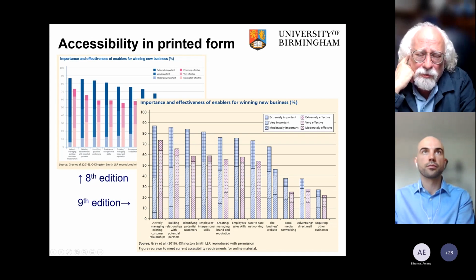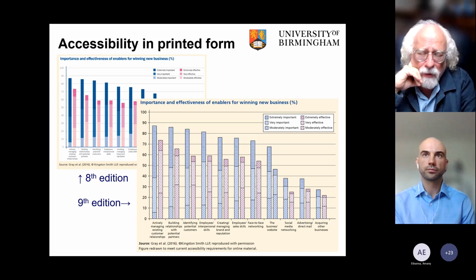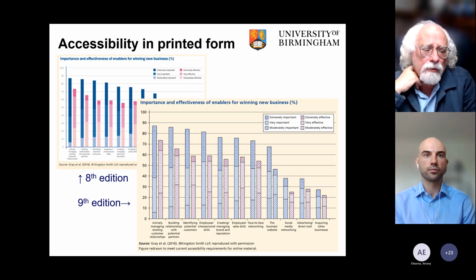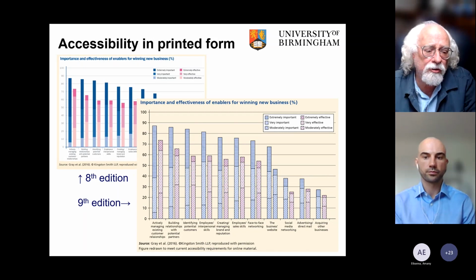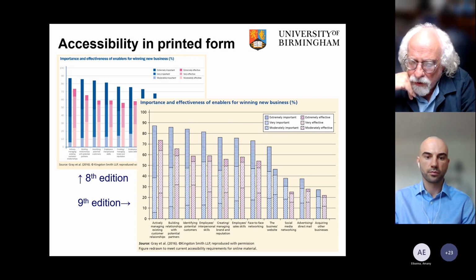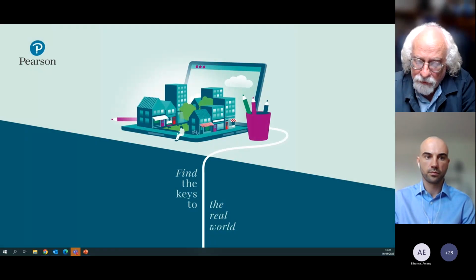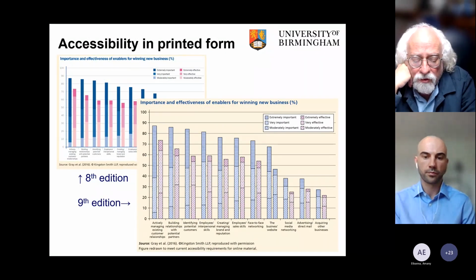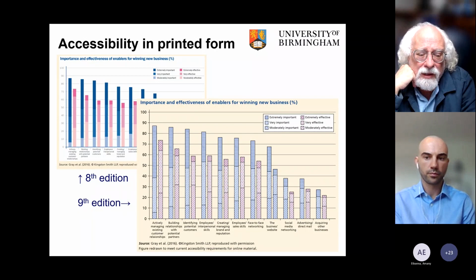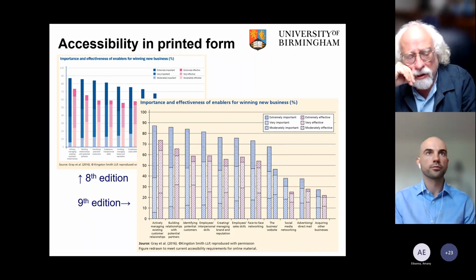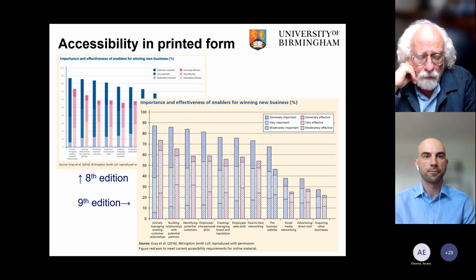This slide, I think, illustrates what we've done in terms of the printed book very well. In the 8th edition of the printed book, we had a worked example, which was a focus on management research, based on some work a great friend of mine, David Gray, and I had done as a piece of consultancy for a company in London, looking at small business success. And in the original version, in the 8th edition, we actually reproduced a graph directly from the report, obviously with full permissions to do so.